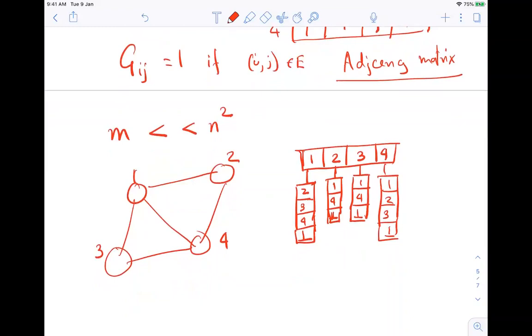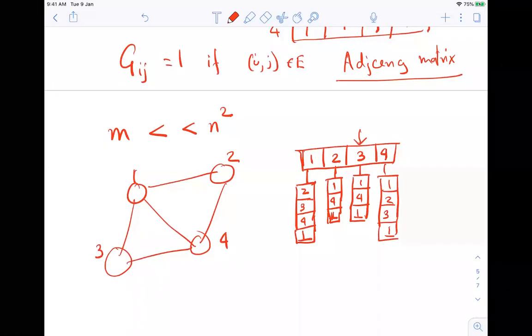Here, if you want to know if there is an edge from 3 to something, you have to go to the third position of the first array and then walk down this list. So to check whether 3 has an edge to 2, you have to go to 3 and then walk down the list.